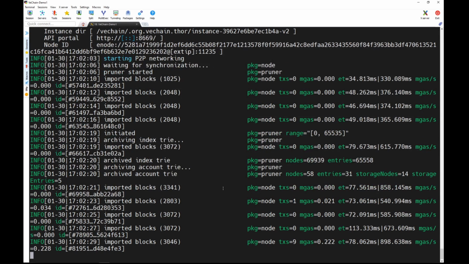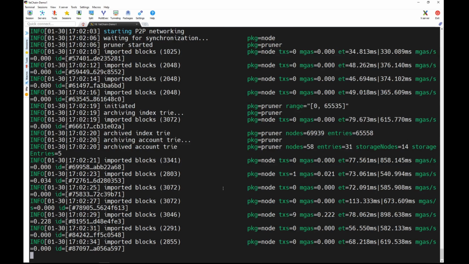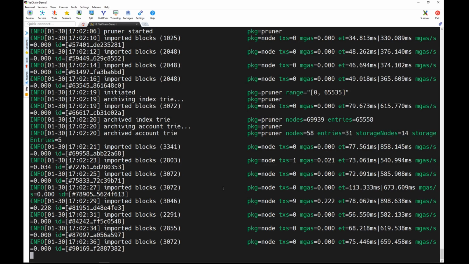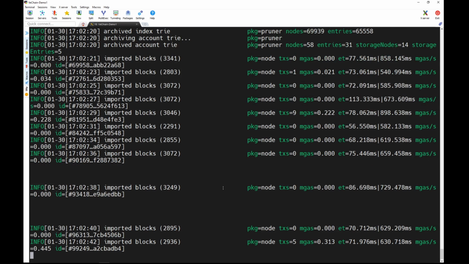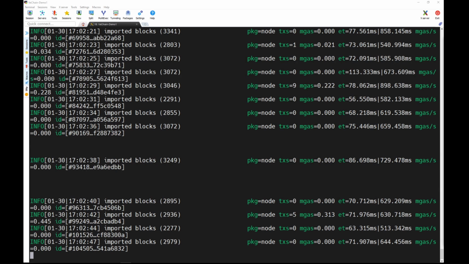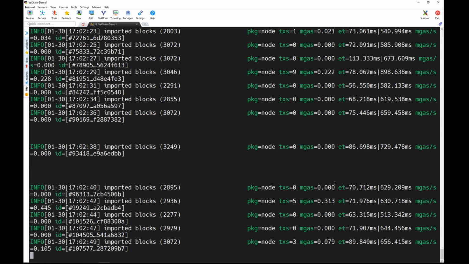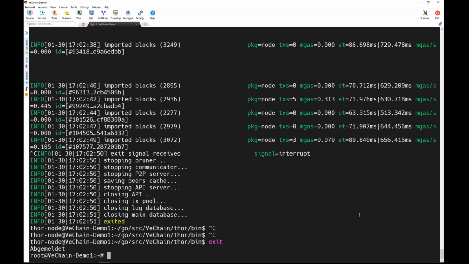Okay, now if we let this window run for about a day or so, we have a fully synchronized VeChain node, but it's just run as user. If we close the session or if we reboot the system, there will not be a Thor node running in the background. Now we're going to take care of this. For this, I'm going to exit the Thor node user, and we're going to create our autostart manager as a service. I did it earlier with a self-coded script,